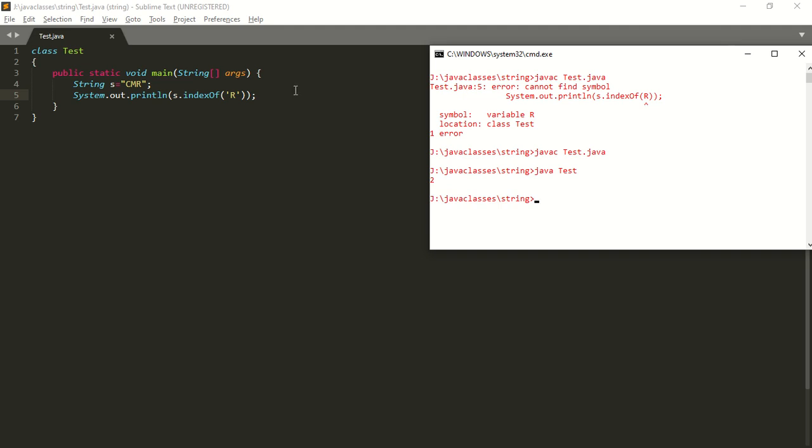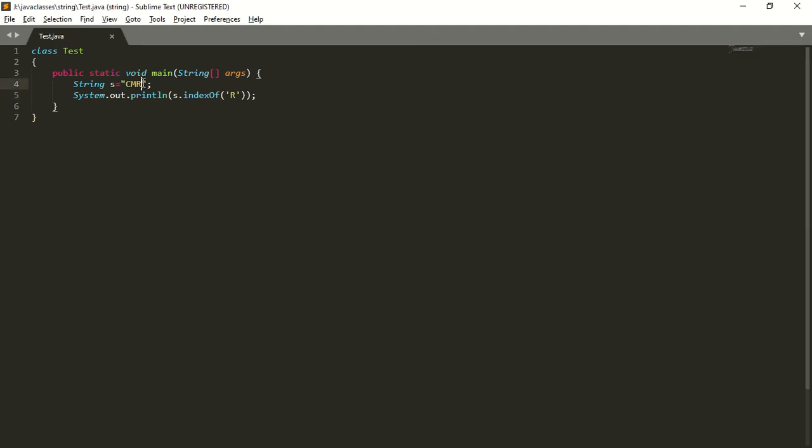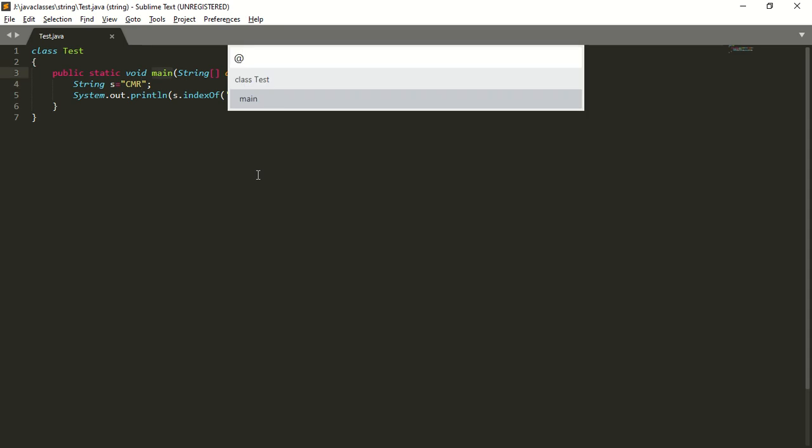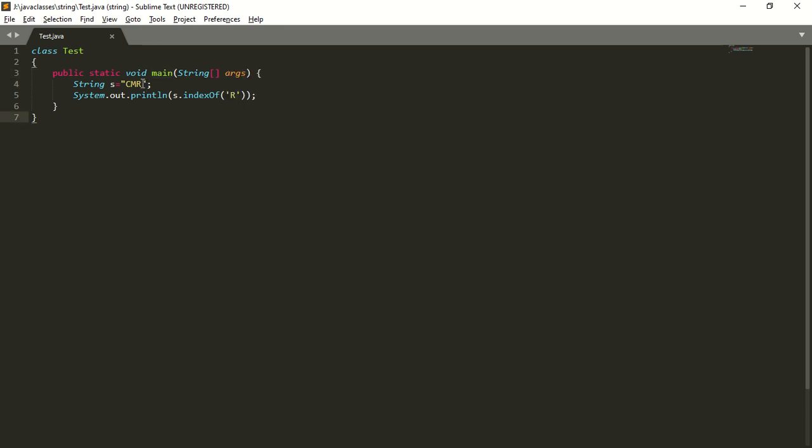Okay. Next what I will do is "cmrrr". How many r's are there here? In our program we have 3 r's. Now I am trying to print the index of r. What is it going to return? It is going to return the first occurrence of r.